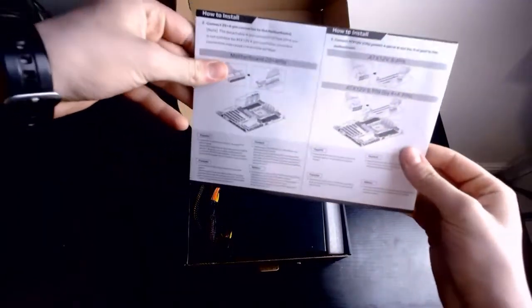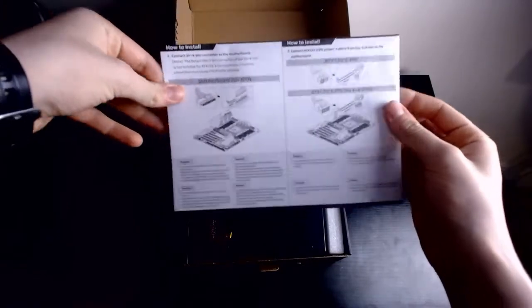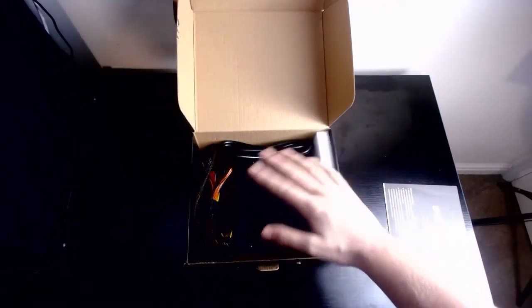You never know. We have a little manual here. It's chunkier than the other manual from the cooler. As you can see, you've got your different installations or steps or whatever. Very nice, very professional. One downside to this power supply, which I personally don't like, this may be different to anyone else, but